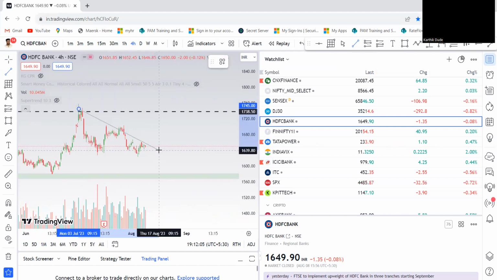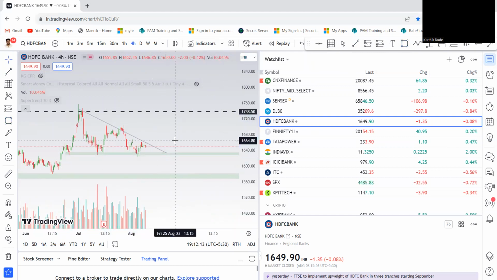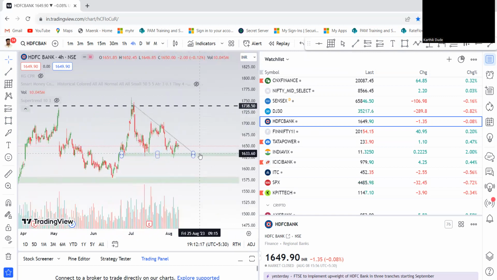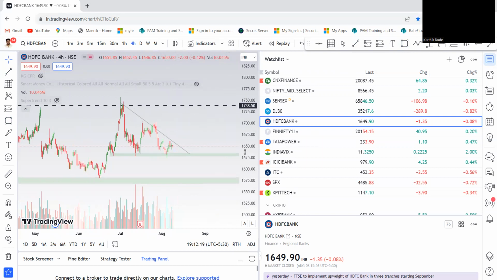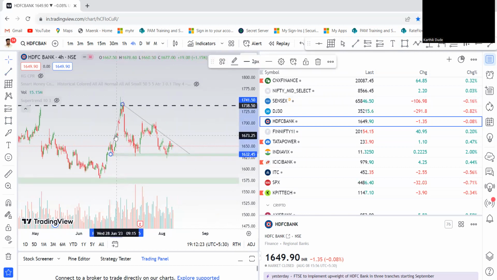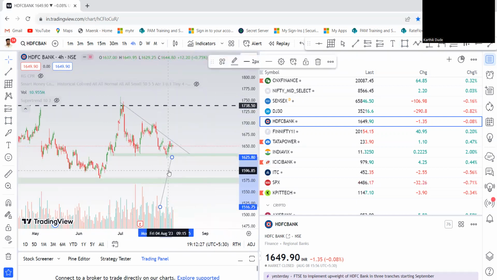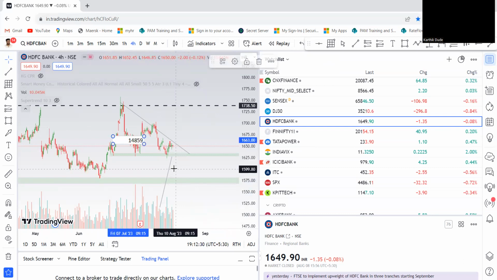Yeah. So HDFC is again forming a decent descending triangle. So this is the live chart. We can see tomorrow. Whichever side it breaks, obviously that side it triggers, and if it breaks the downside, this will be the length. If it breaks upside,